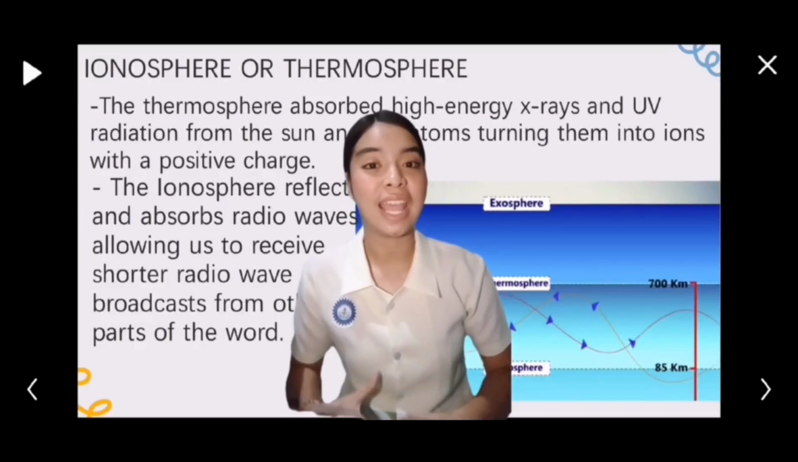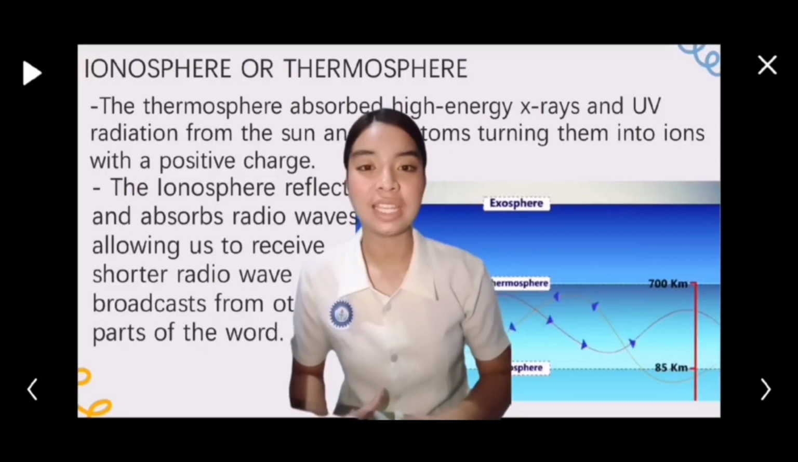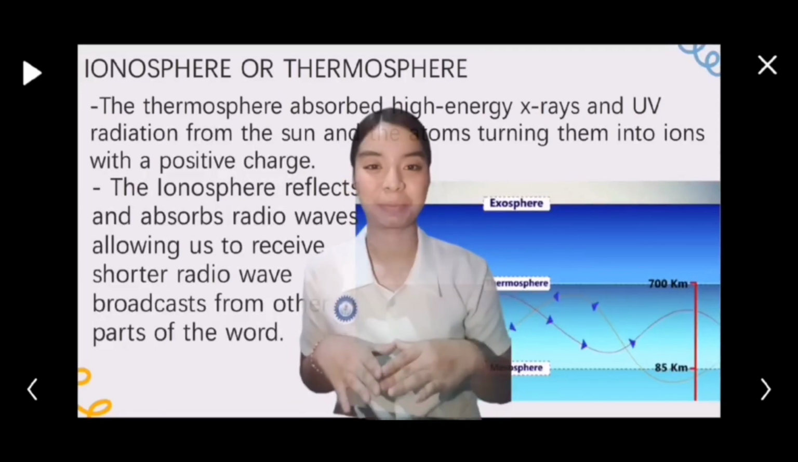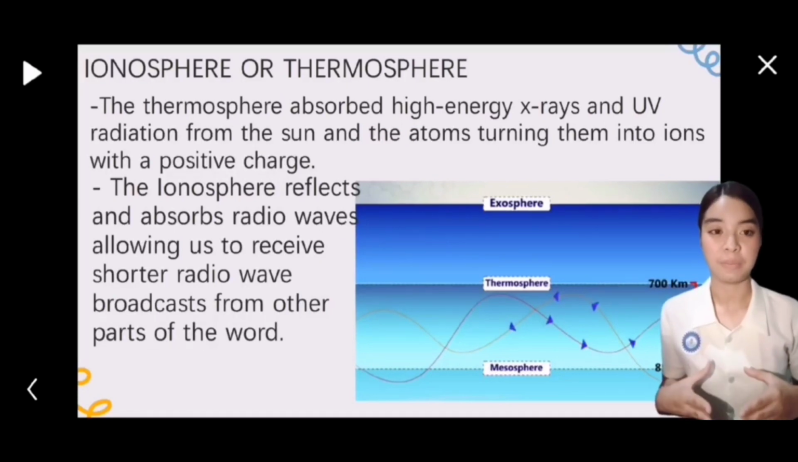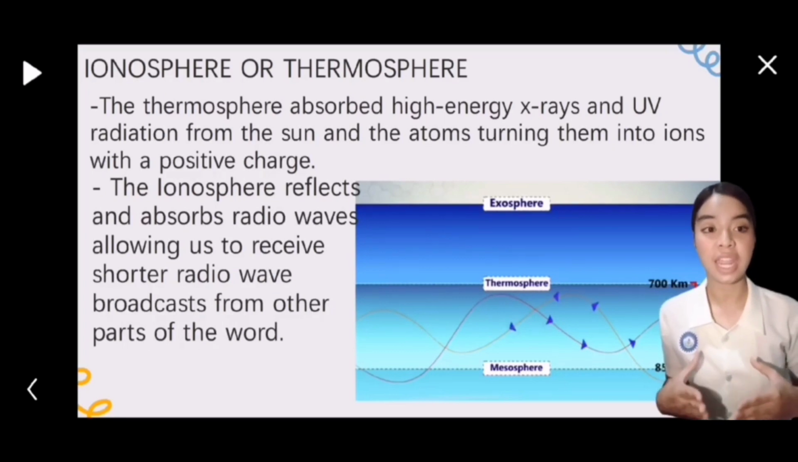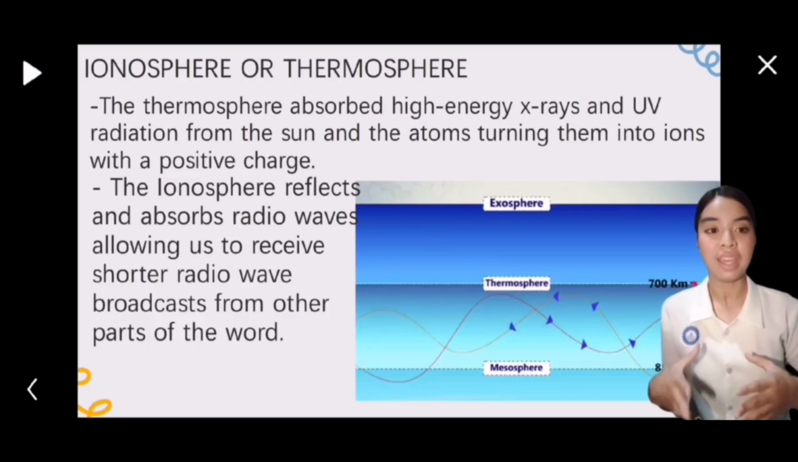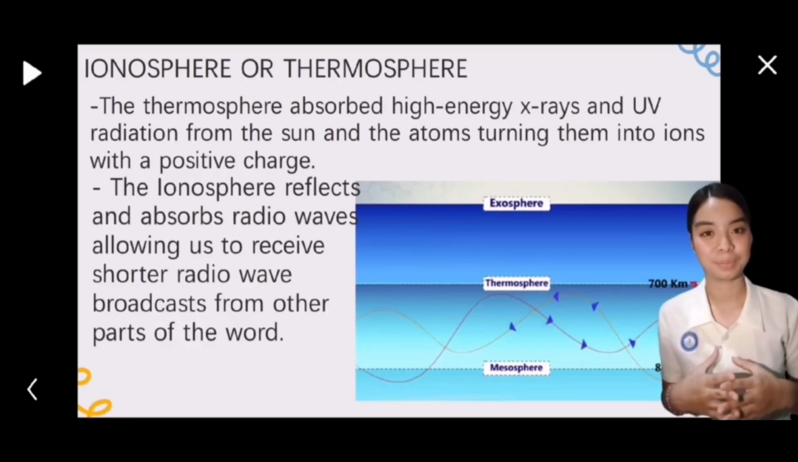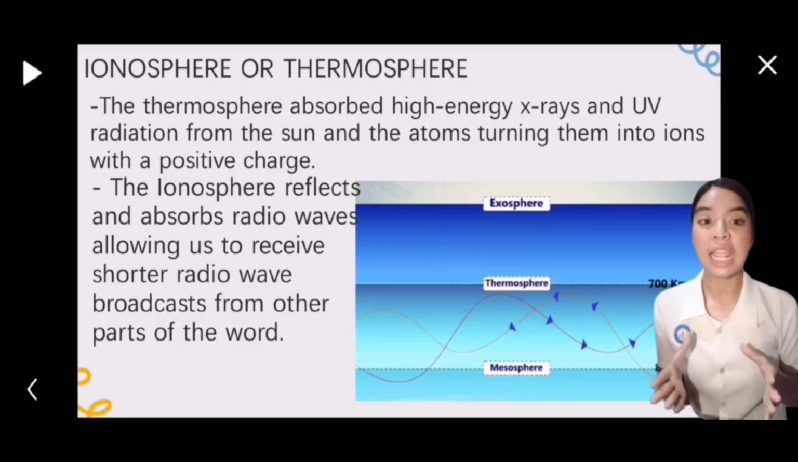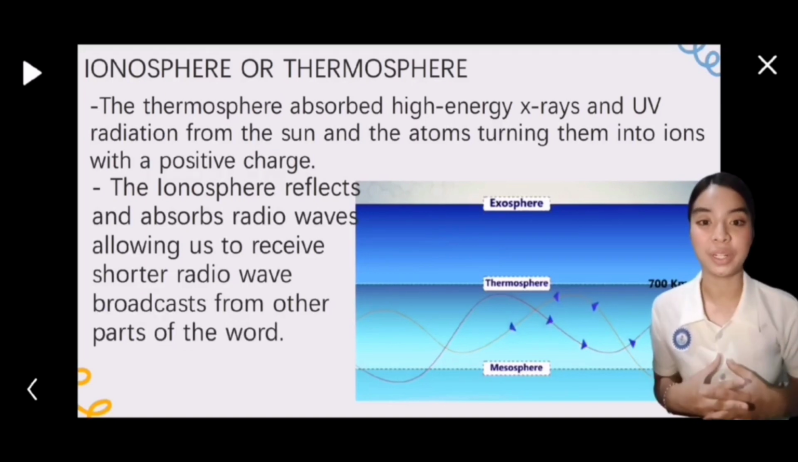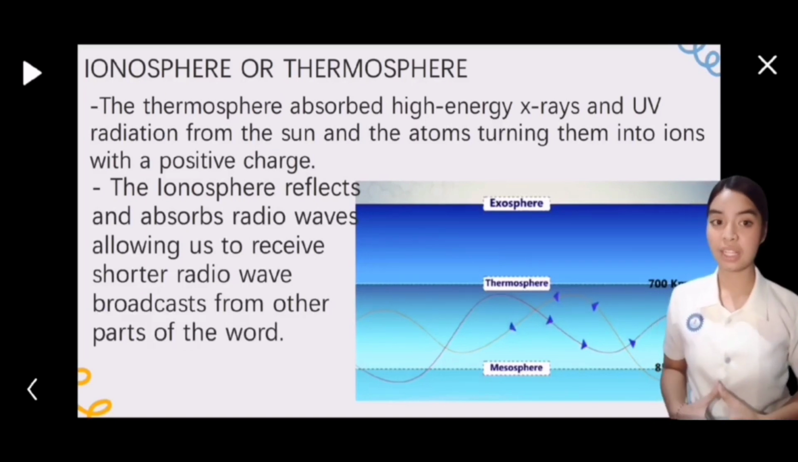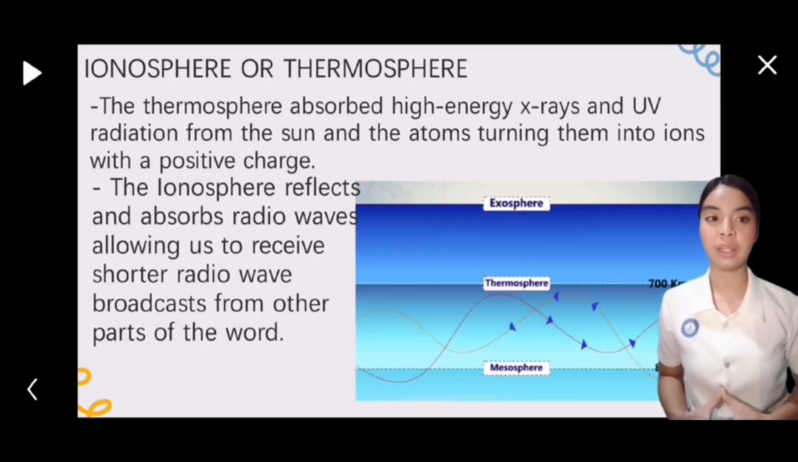Let's move on to the next layer of the Earth's atmosphere, which is the ionosphere or the thermosphere. In this layer of the Earth's atmosphere, there is what we call the thermosphere. It absorbs high-energy X-rays and ultraviolet radiation from the sun, turning atoms into ions with a positive charge. The ionosphere reflects and absorbs radio waves, allowing us to receive shortwave radio broadcasts from other parts of the world. The ionosphere plays a crucial role in long-distance radio communication by reflecting radio waves back to Earth,